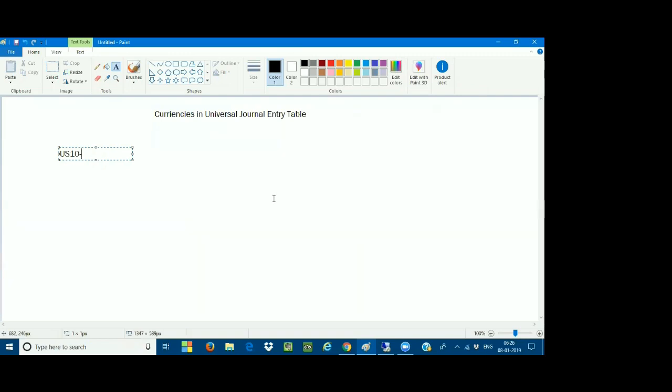Why should I create the extension ledger, sir? I can get the report through the cost center.